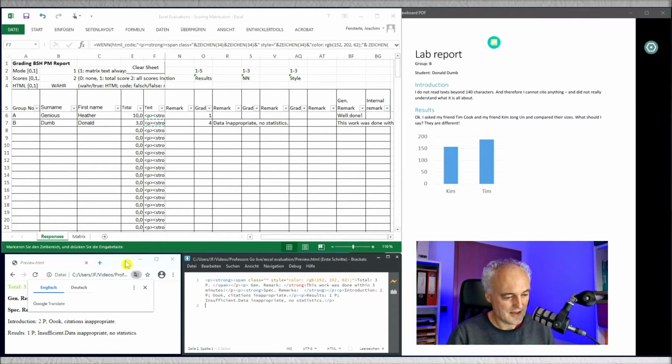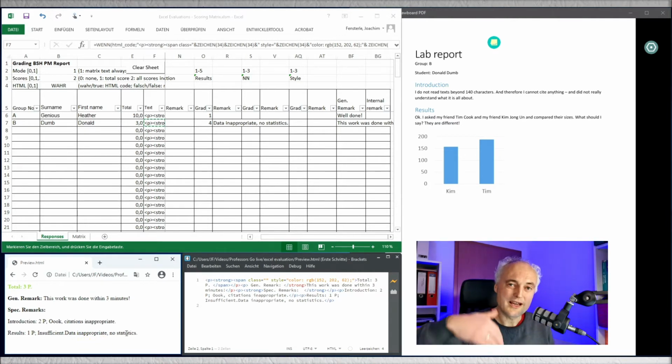okay. And you see now this is the feedback here. 3 points, general remark, this work was done within 3 minutes. Specific remarks, introduction, 2 points, okay. Citation, inappropriate. Results, 1 point, insufficient data, inappropriate, no statistics. So you have the feedback with 1 key, and you can then copy it obviously